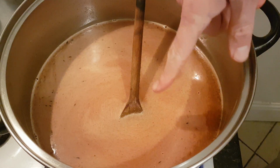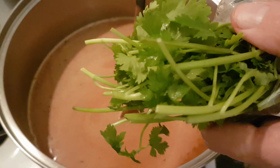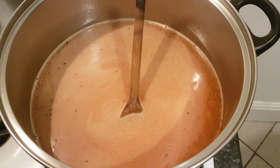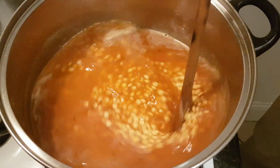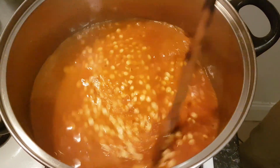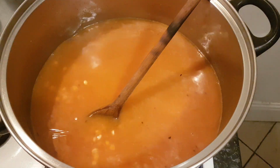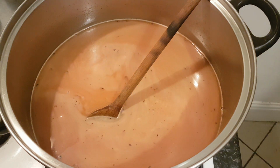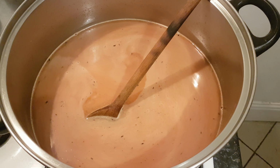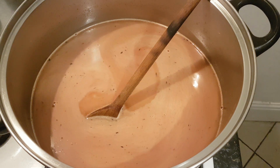So as soon as all that's softened, I'm just going to add a good handful of chopped coriander. The thumbnail is what it looks like, so you can see it's really simple. I don't think anybody wants to watch that boiling down. It's very self-explanatory. So for anybody on a healthy eating drive such as myself, these are great recipes, and I'll